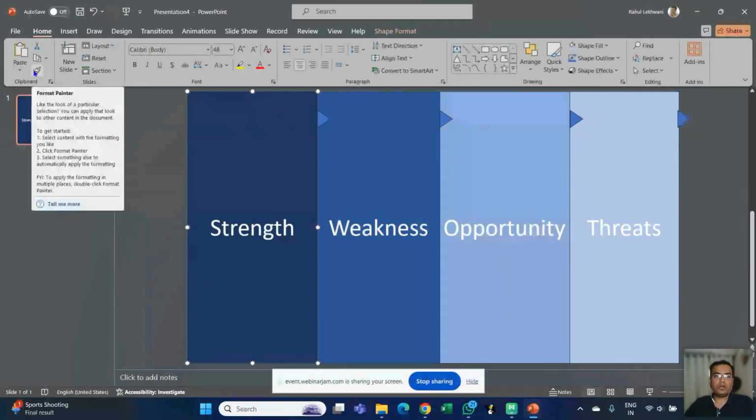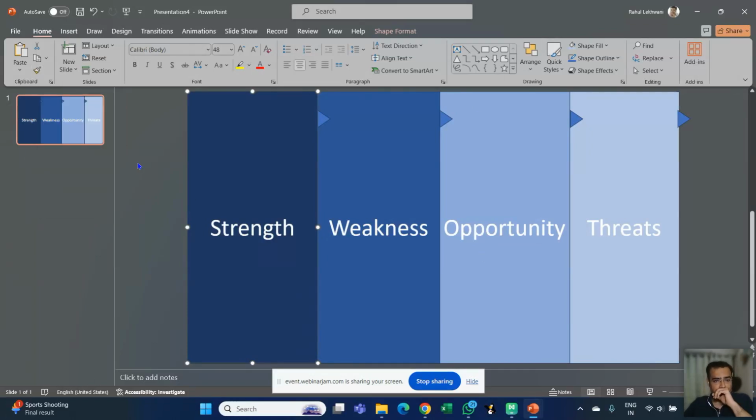You see there is a shortcut of format painter that is available. So I'll just click on this format painter and click on this object so that it can be of the same color. Format painter. So that it looks like these bookmarks are part of these objects. Okay. Now somewhere it looks